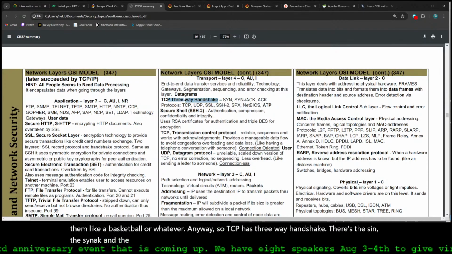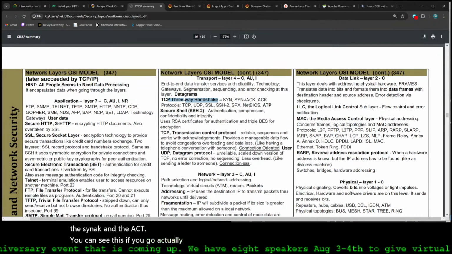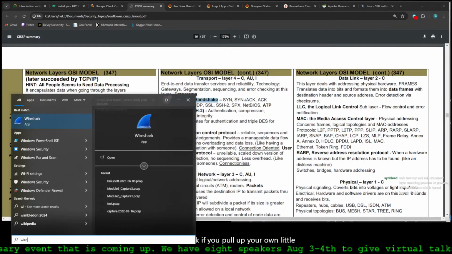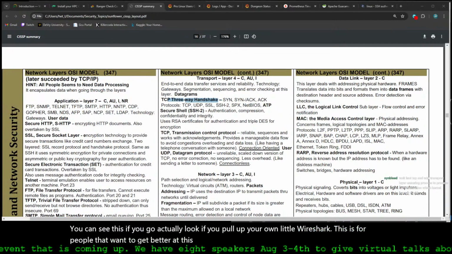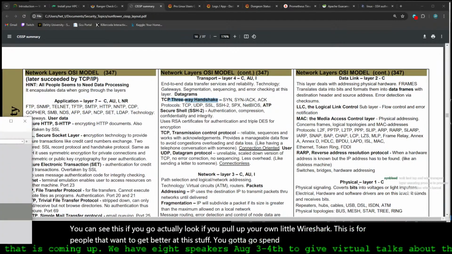And you can see this. If you actually go look, if you pull up your own little Wireshark, this is for people that want to get better at this stuff. You've got to go spend time inside of